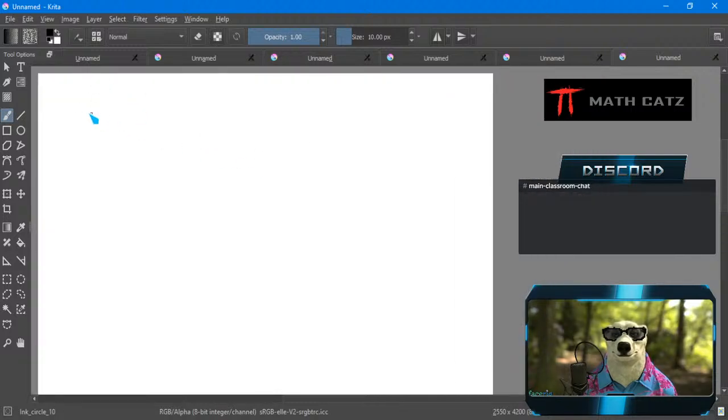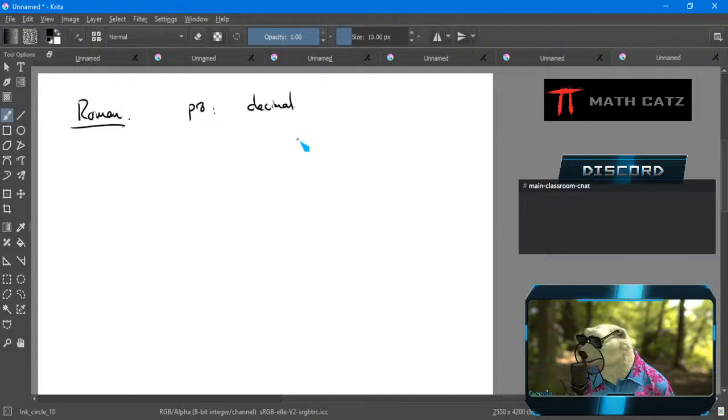Basic pros and cons of the Roman system. I'd say the Roman system has a pro that it is very much decimal. We're still sort of counting in tens and hundreds and stuff like that, which is nice. It makes it more relatable and easier. A con is that